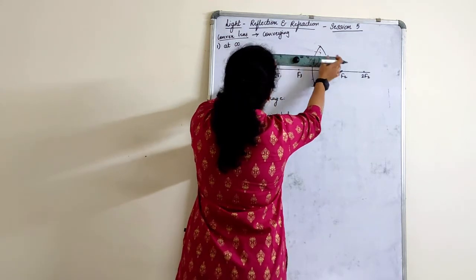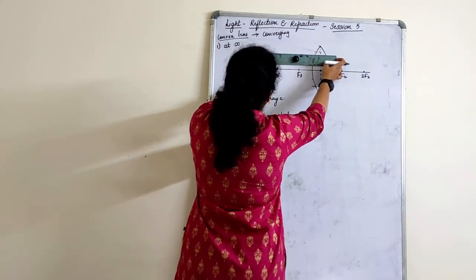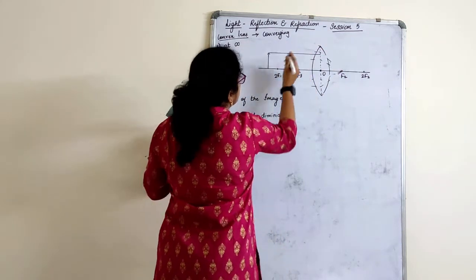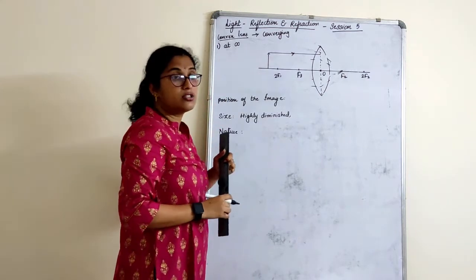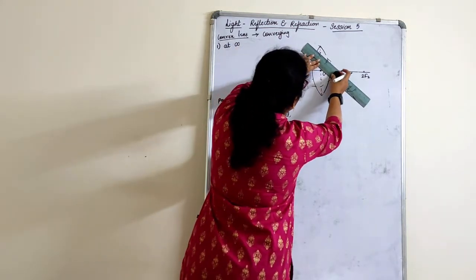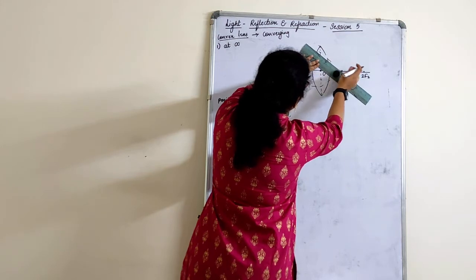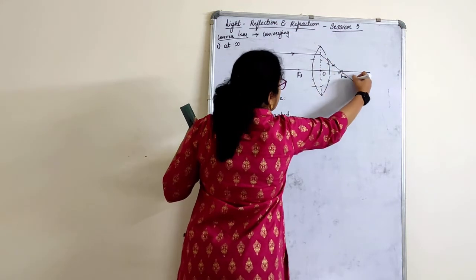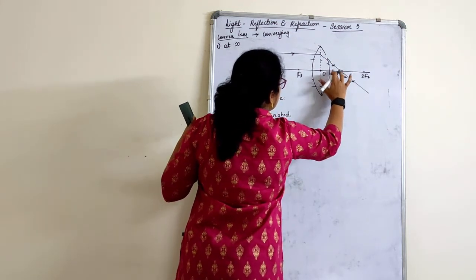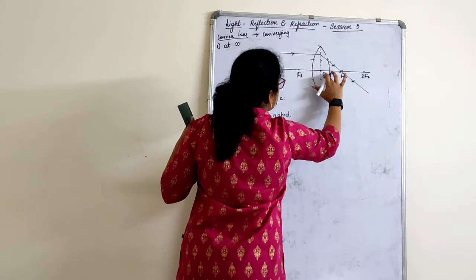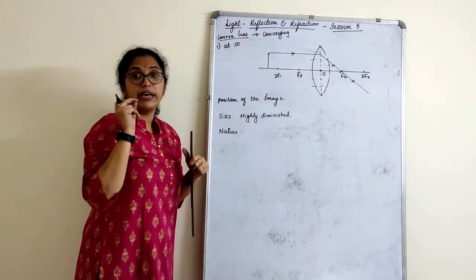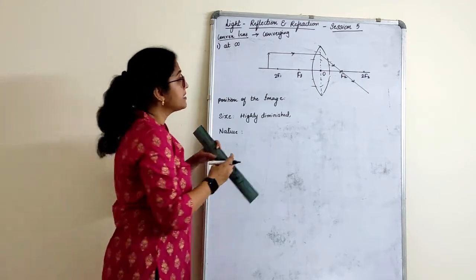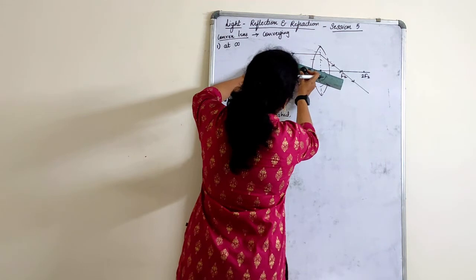As per the rule, what will happen? The first ray goes parallel to the principal axis, right? Then what does it have to do? Once it reaches the lens, it passes through the focus. Arrow mark. There are some more rays which I have drawn here from the previous one. Okay, no confusions. Done. Where will the second ray go now? The second ray will directly travel through the optic center. Take the ray through the optic center.